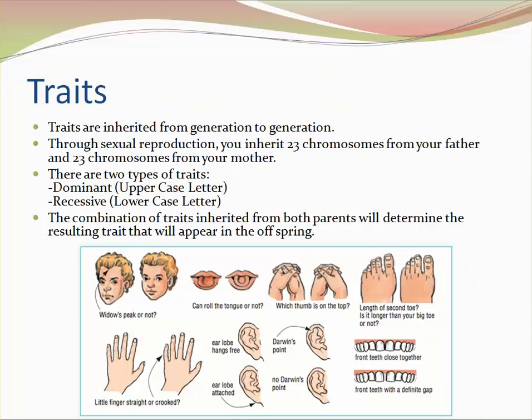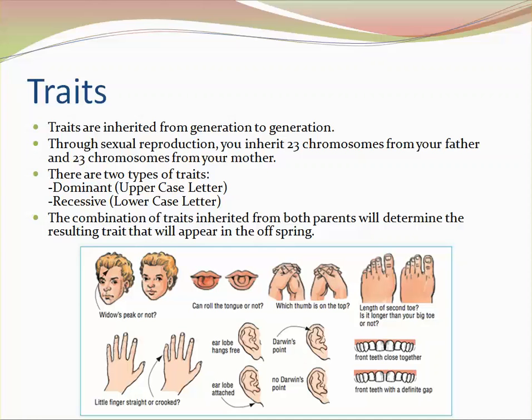What are traits? Traits are inherited from generation to generation. Through sexual reproduction, you inherit 23 chromosomes from your father and 23 chromosomes from your mother. There are two types of traits: dominant and recessive. Dominants are represented by an uppercase letter. Recessive are represented by a lowercase letter. You'll see more of this later. The combination of traits inherited from both parents will determine the resulting traits that will appear in